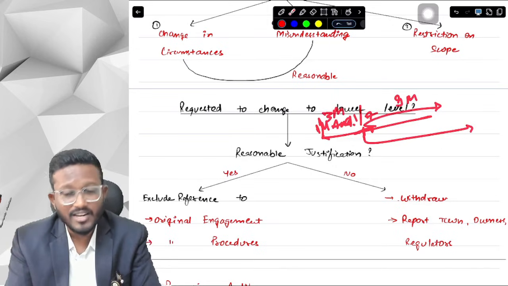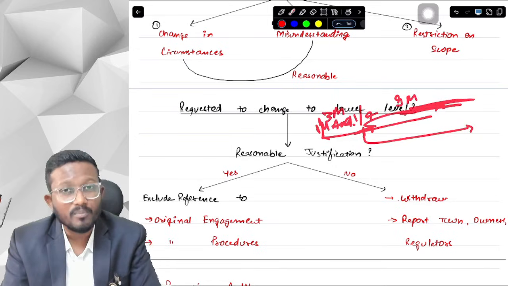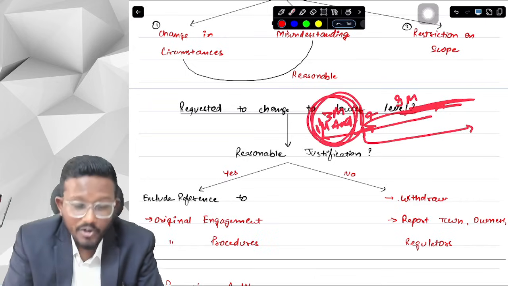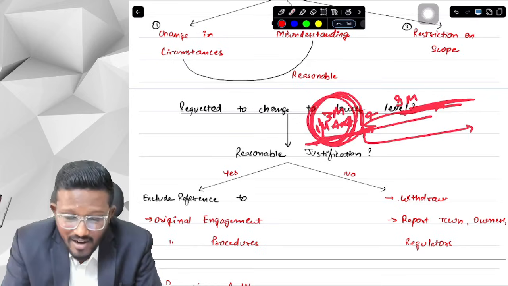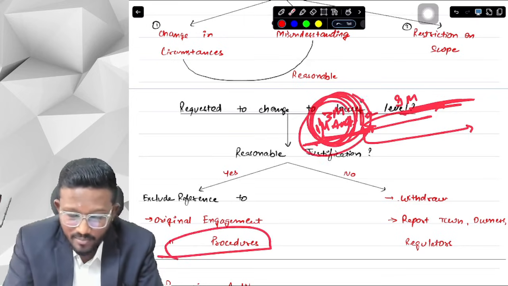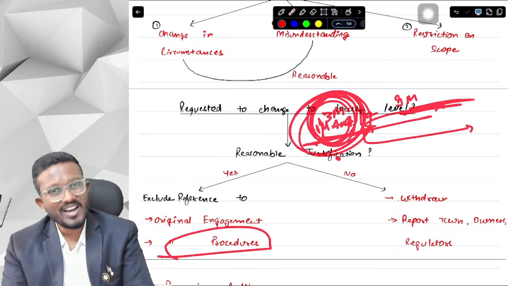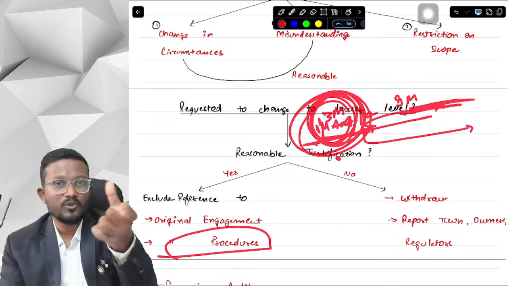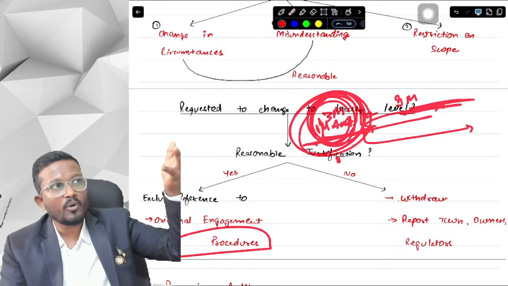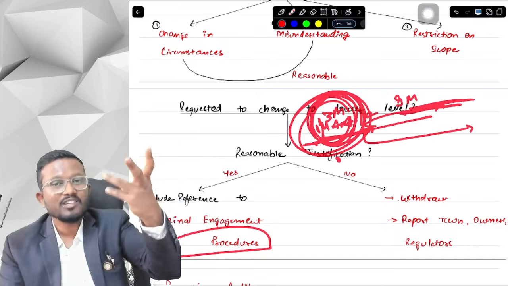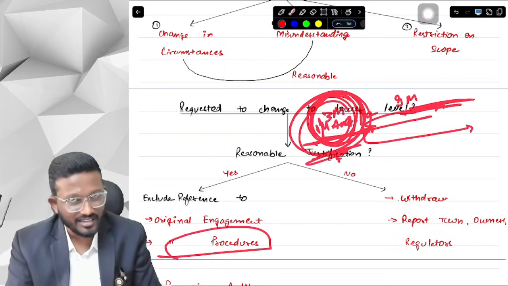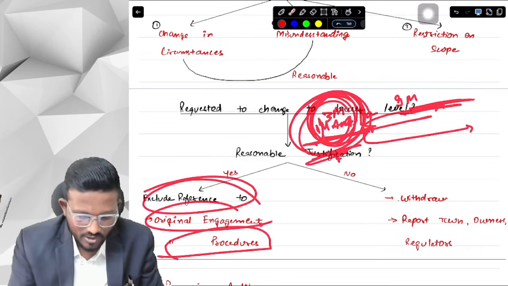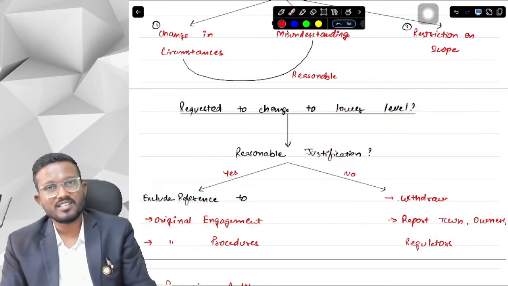So what it says, when you are preparing your 9 months review report, then you should not say that you have done audit for 3 months. You should not give any reference to the procedures that you had already performed in these 3 months. So to avoid confusion, users should not be confused: 3 months you are doing audit, 9 months you are doing review, what is this? So that the auditors and users do not get confused, you should not include any reference to the original engagement or any original procedures that were performed.